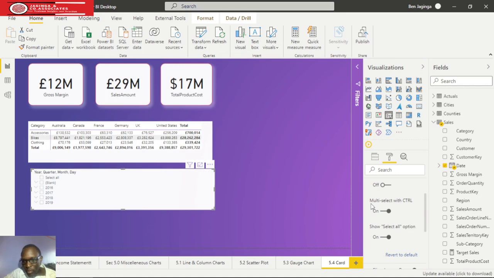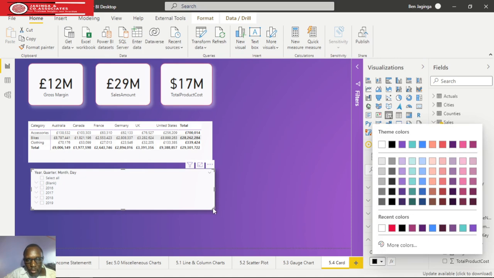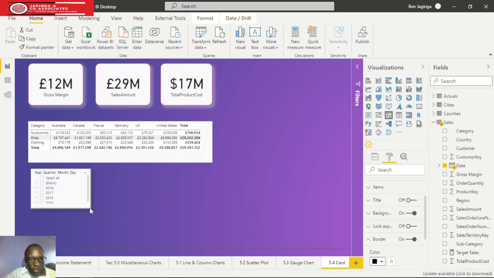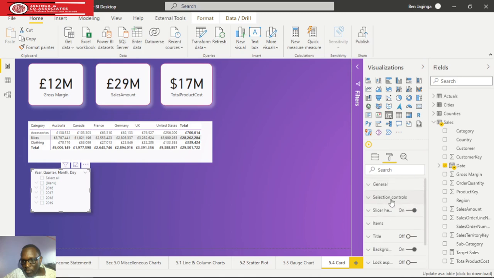And then background color is okay, maybe the border as well, maybe with the shadow and with the black color. Okay,